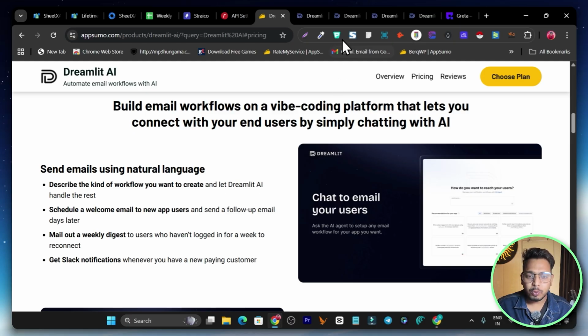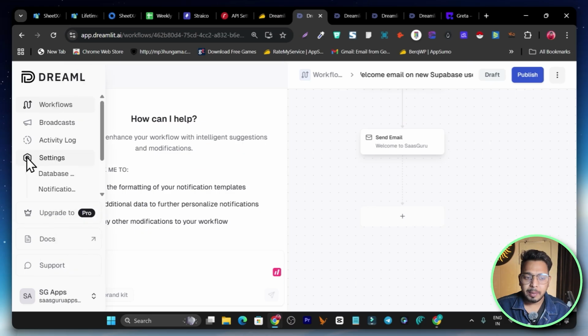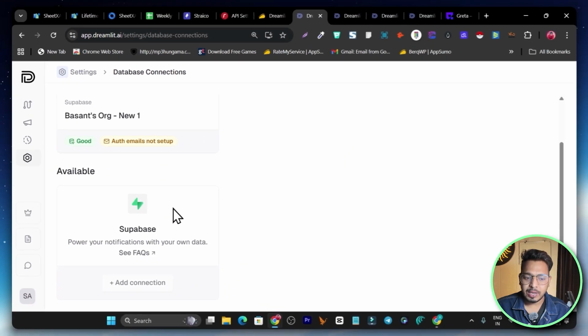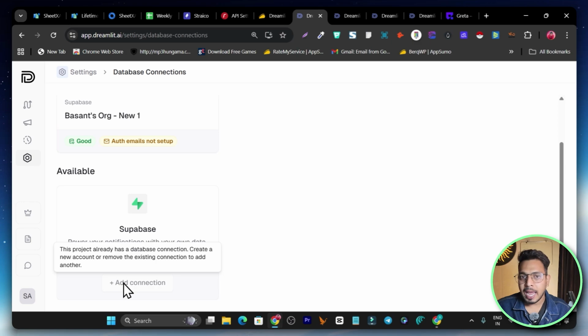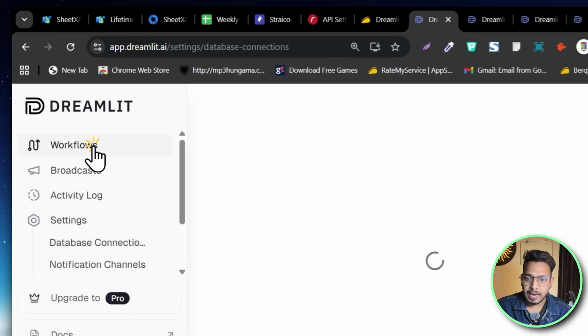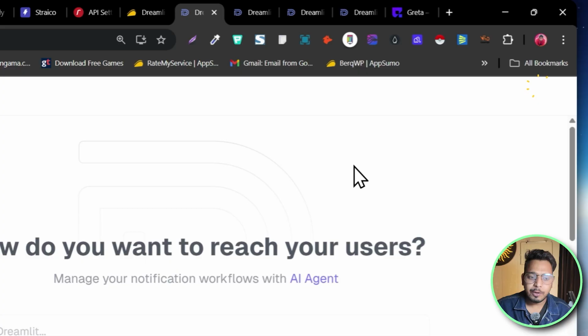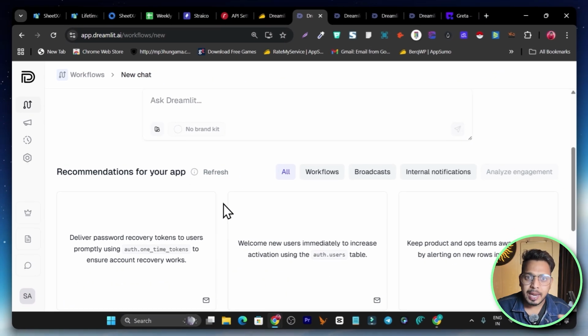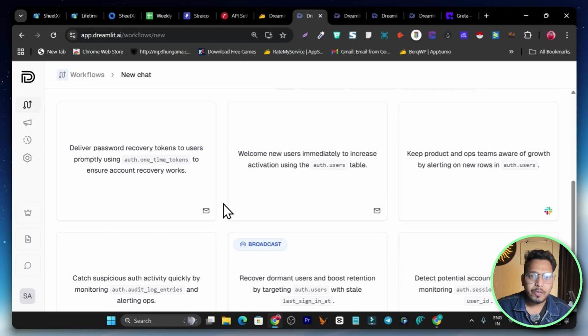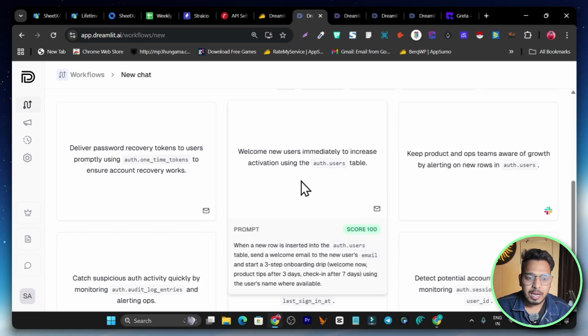So simply what you have to do is connect your database here. Simply go to database connection, and after that you will find the connection available. Simply click on add connection, log in to the database, select this project, and you are done. Once you have done that, you can go to workflows, and after clicking on new workflows, you can find various pre-designed templates available. For example, if you want to send a welcome message onboarding email, you can use this pre-built prompt here,